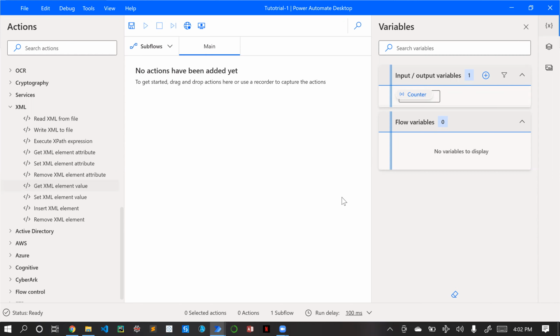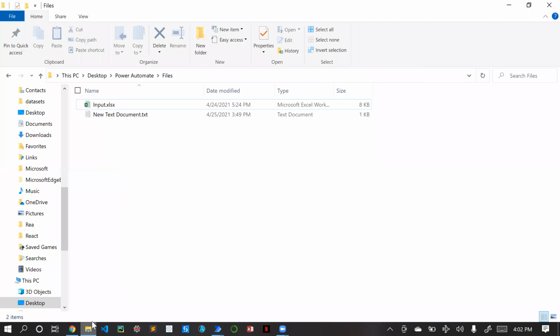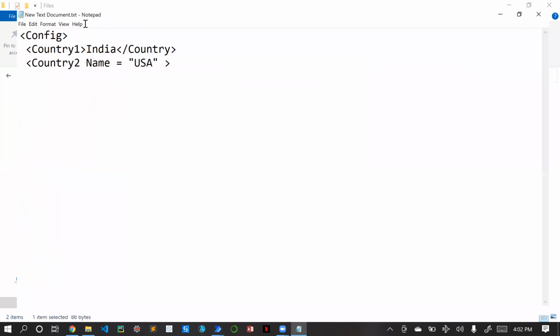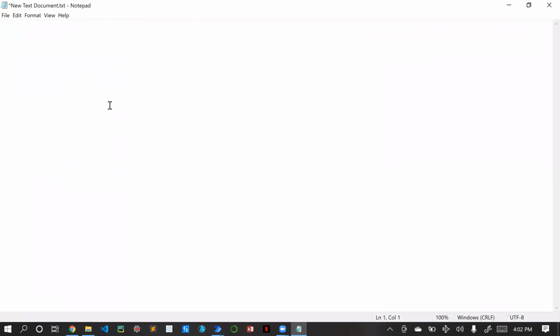So let's go ahead and create a config file. Let's open this text document. Let me delete this, and let me create a new config file. First, as we all know, a config file will be having starting and ending tags. So we'll create two tags, starting and ending.